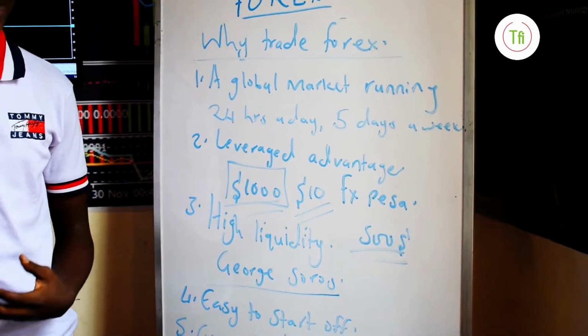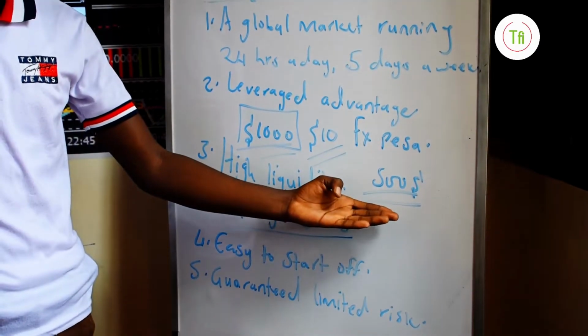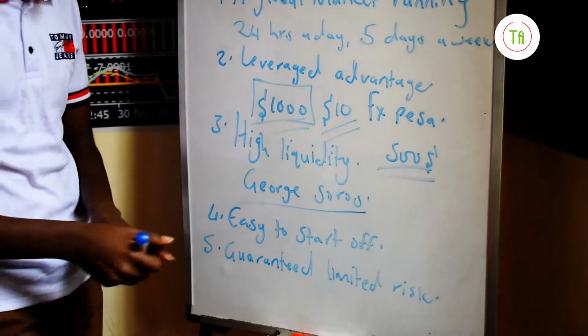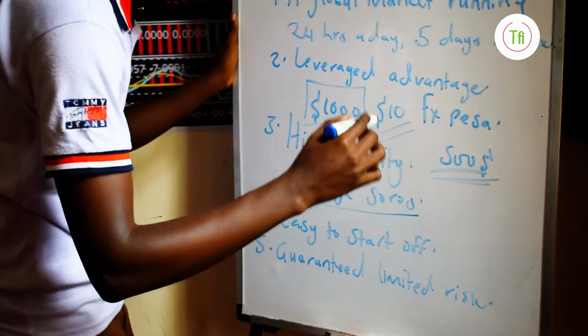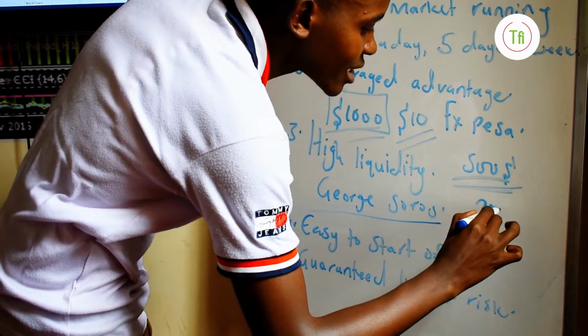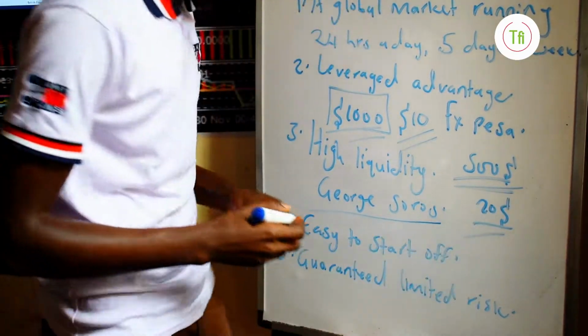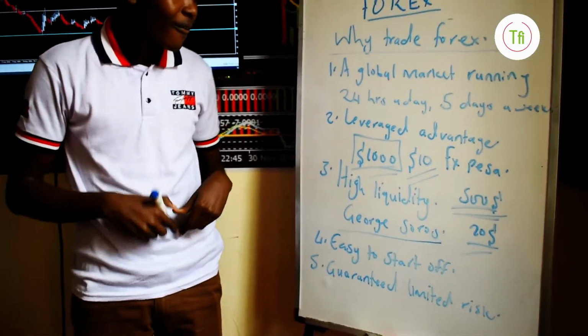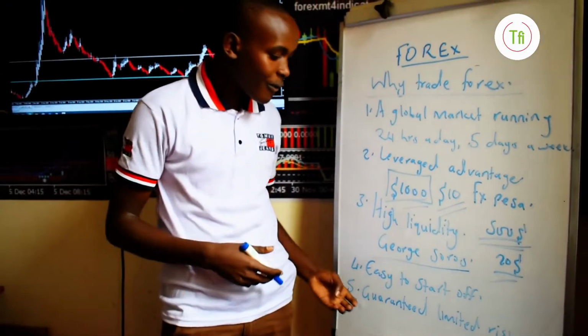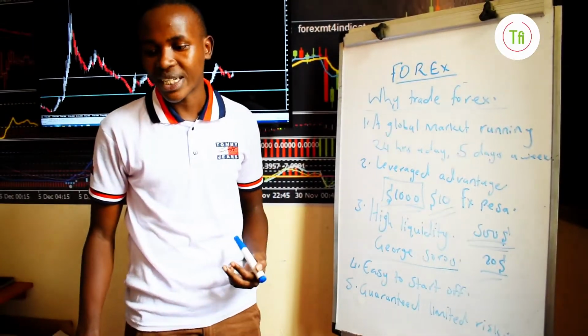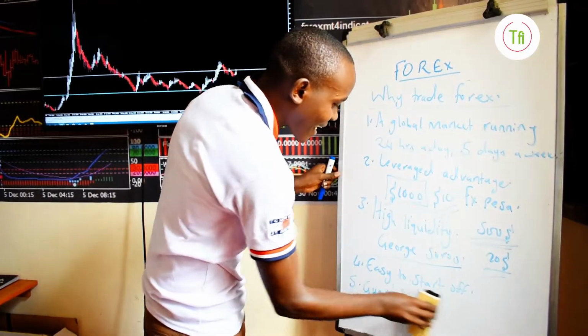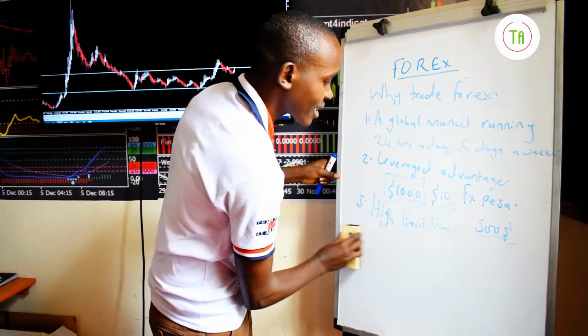But in the forex market, you can be able to control, or limit, your risk. When risking $500, you can minimize your losses to $10 or even to $20. You can lose this small, because the forex market has a way of limiting your losses or limiting your risks. Another advantage when it comes to trading forex